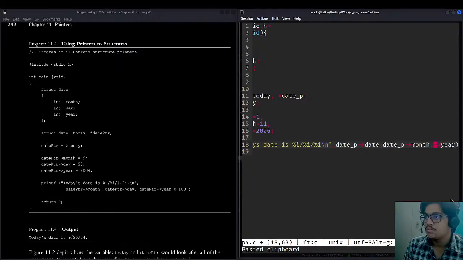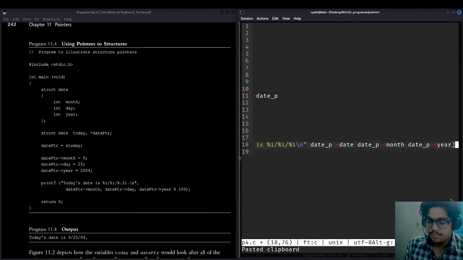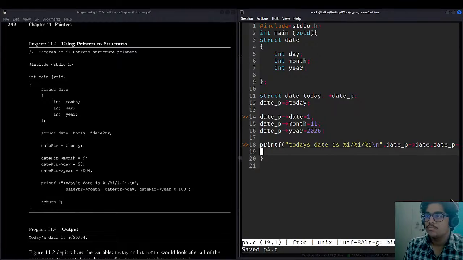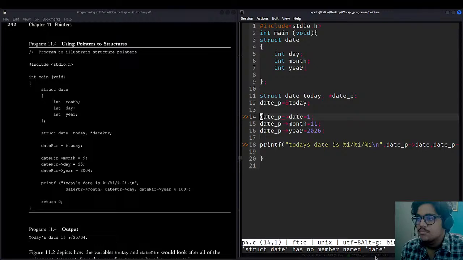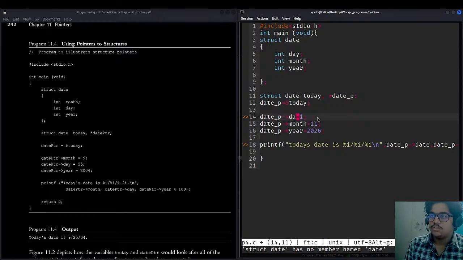It's not covered. Date p, date month. Two errors: has no member name date. Okay, I have written day here and taken day. Sorry, day.